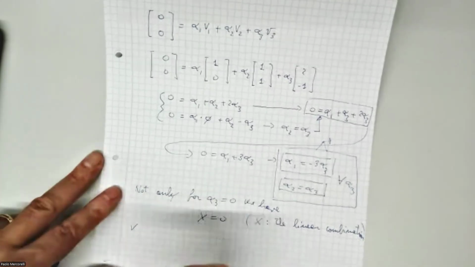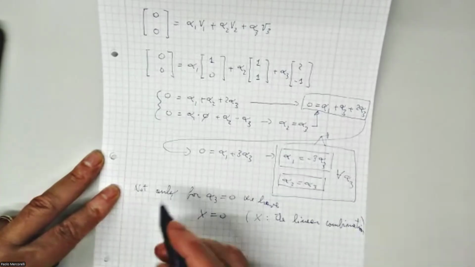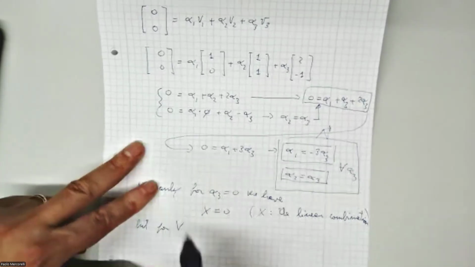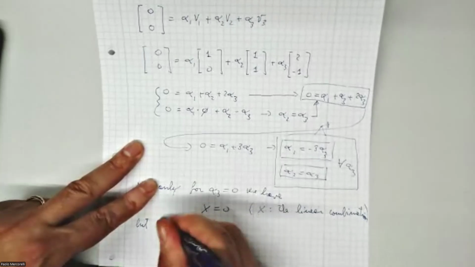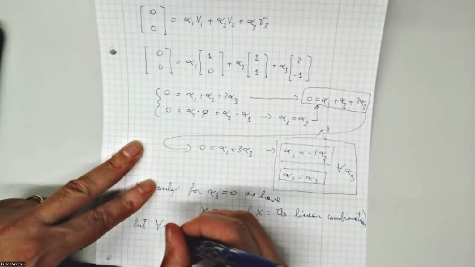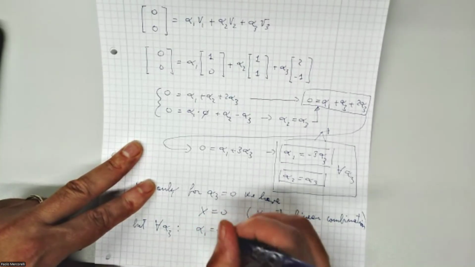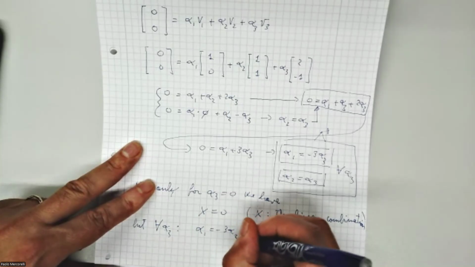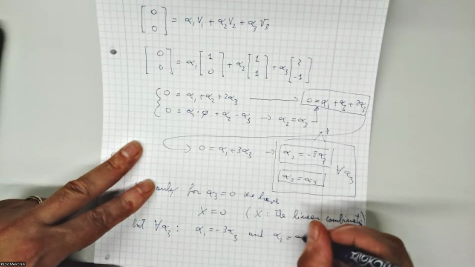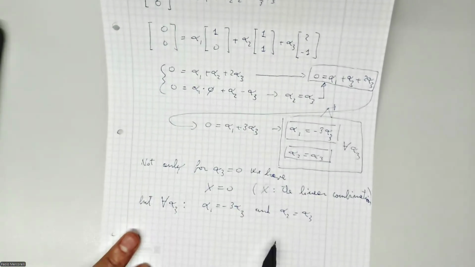But for each alpha 3, including also this condition here. Let me write better. For each alpha 3 such that alpha 1 equals minus 3 alpha 3 and alpha 2 equals alpha 3, this means if these two conditions are satisfied,